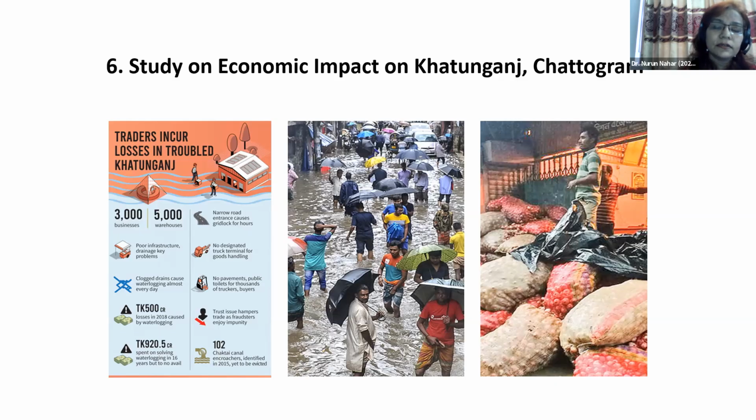But the evidence was not there: how much are they losing every year? So through this study, we hope to inform our policy planners what changes they can make, what the economic impacts are, whether we can relocate some businesses, or how those small units can be restructured to be more resilient to the waterlogging problem. And not only that, what can we do holistically to solve the waterlogging problem of the whole Chittagong area? Some important suggestions have come up. In the next slide, I would like to show you the economic cost.